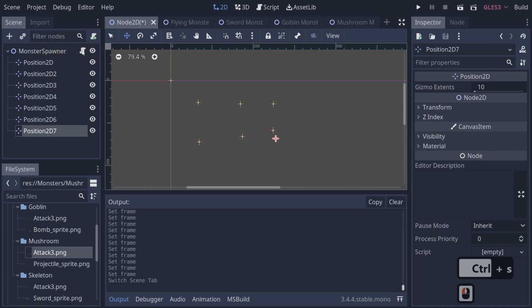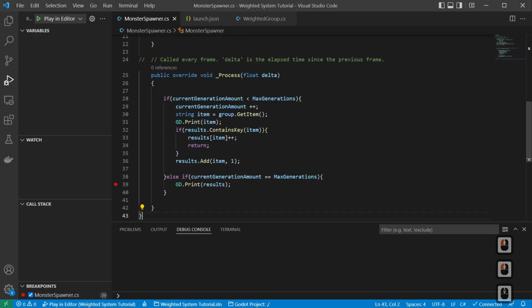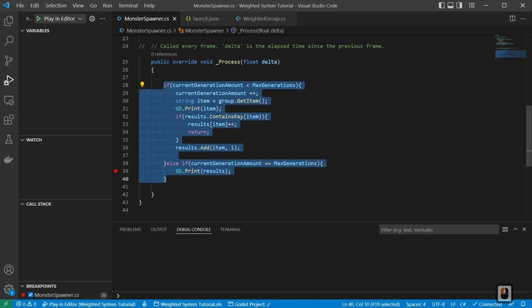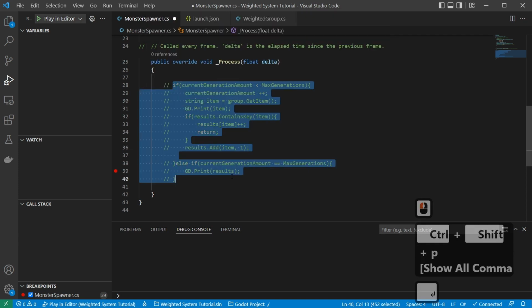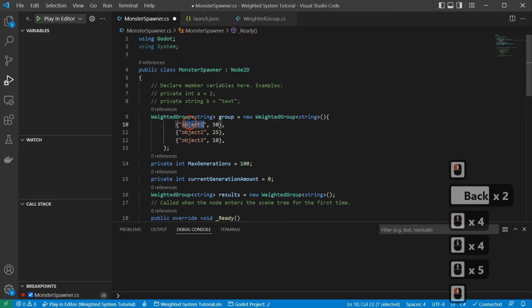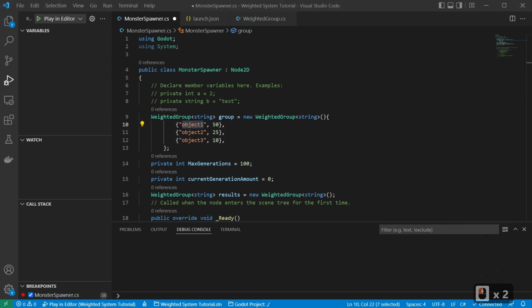So now, with our monster spawner, if we go into our code, we can go ahead and comment this out real quick. So Control-Shift-P, toggle line comment. So up here, instead of object 1, 2, and 3, we'll change that to our paths to the objects that we want to spawn, okay? So what we'll do is we'll say res://